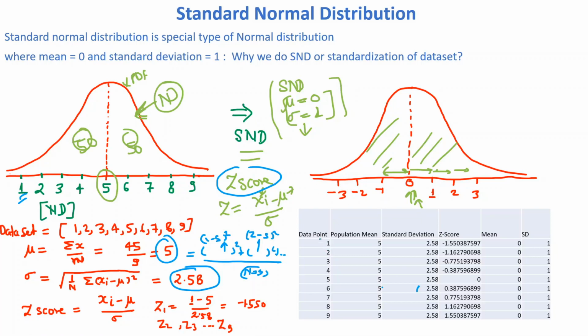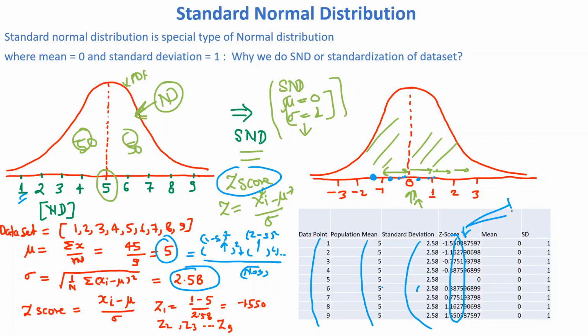If you see here, these are all the 9 data points, and the population mean we get is 5, and the standard deviation we get is this. I calculated the Z score for all the data points. You will get these Z scores corresponding to each data point. If you like, just draw these data points here. This is your first data point, then this is your second, then this is your third, and this one is also near this. This way you can draw all the data points. Same way here 0.3, 0.4, 0.7. This way you can draw all the Z scores here.